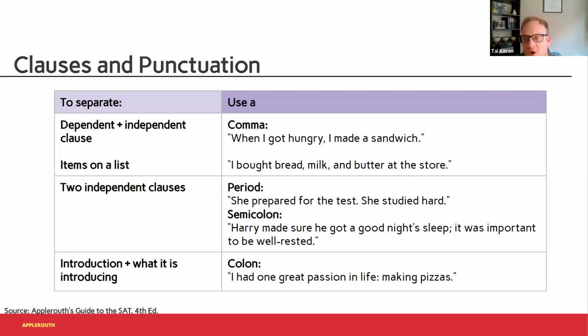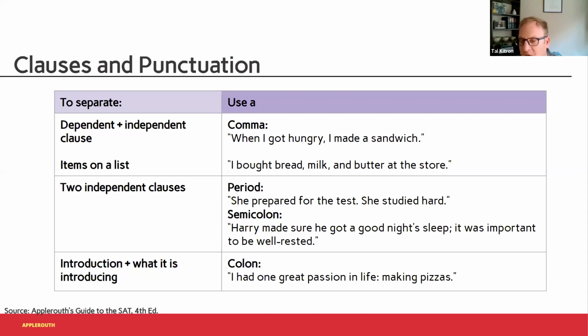Well, first session will almost always, part of it will be about what's an independent versus a dependent clause. Independent meaning it can stand alone. Dependent meaning it can't. Then there's rules associated with each punctuation mark. So like if you look at the middle row here,